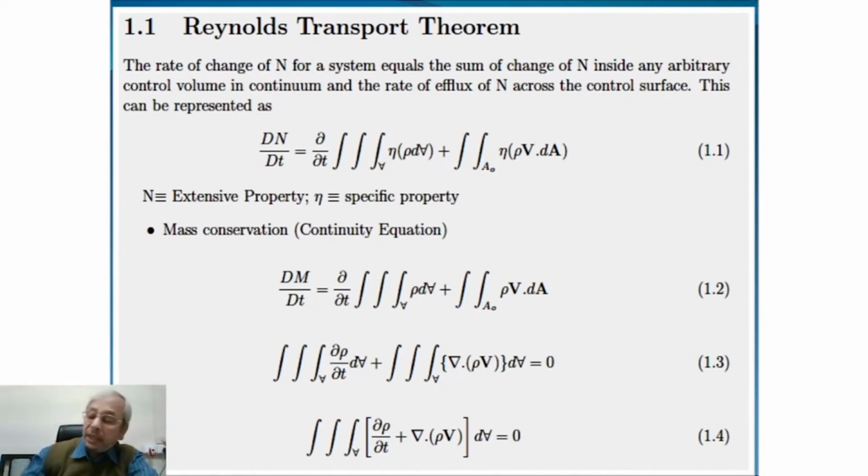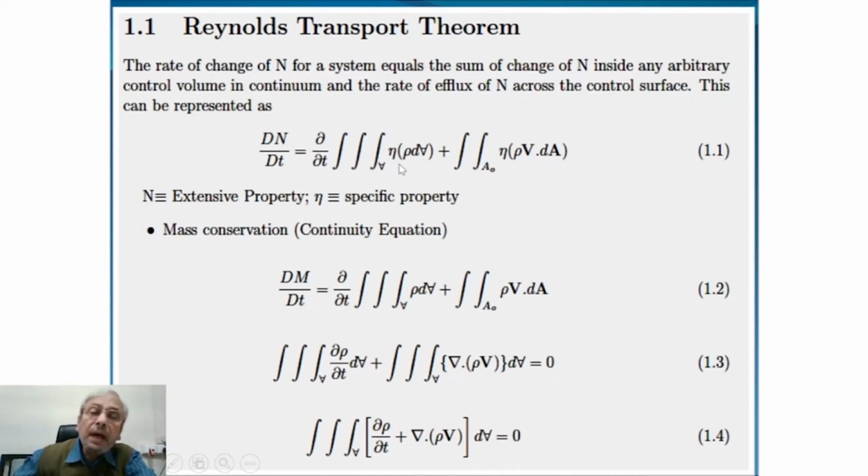So mathematically, if we write this, it will be dN/dt. We know that this is total derivative of N